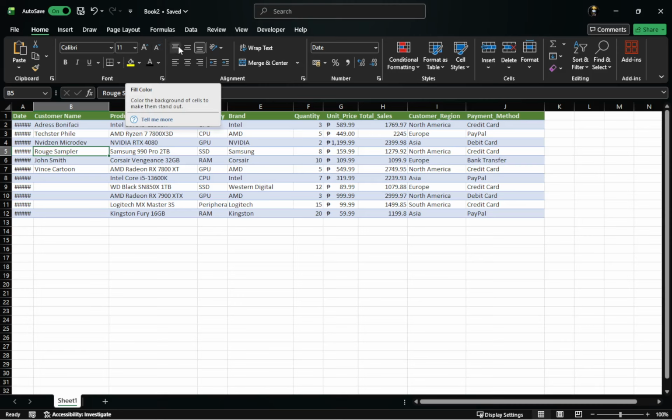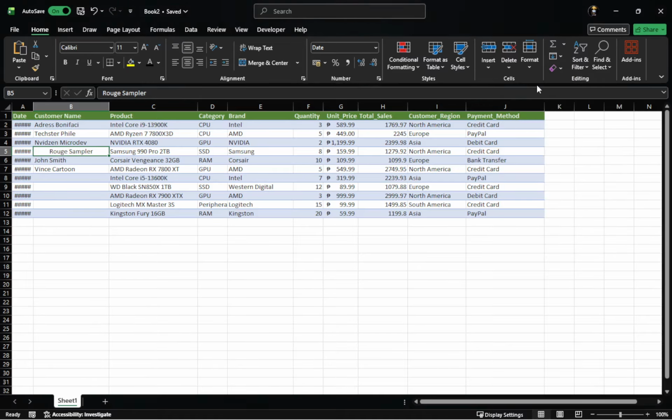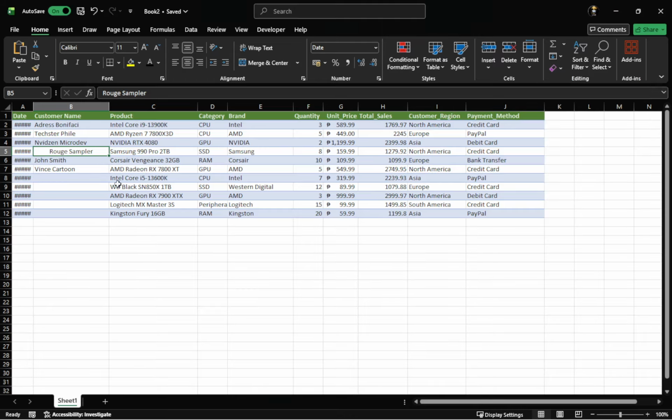often fixes strange values. If the cell is full of strange colors or borders, go to Home, then Clear, then click Clear Formats, and the cell returns to plain default style. A helpful detail is that Clear Formats does not delete the value itself, only the styling, so the numbers or text stay in place. Next, let us fix a cell that only shows number signs, also called hash symbols.